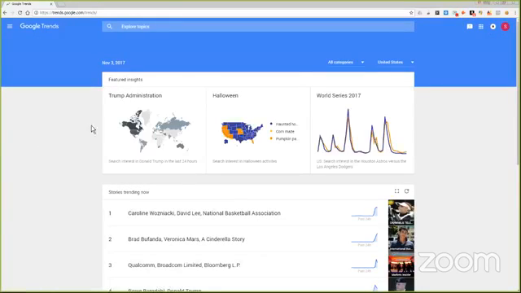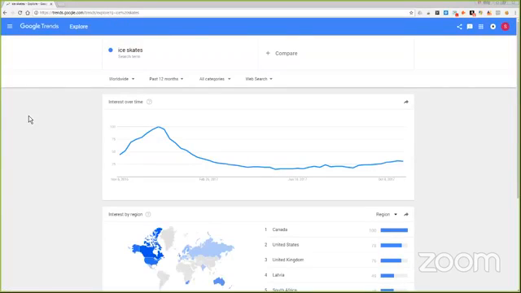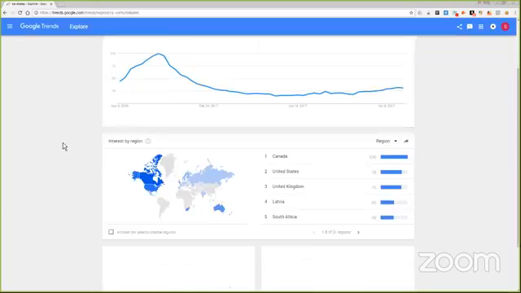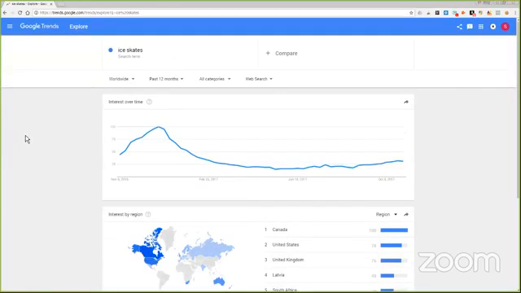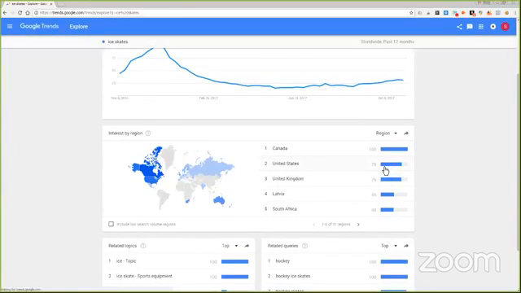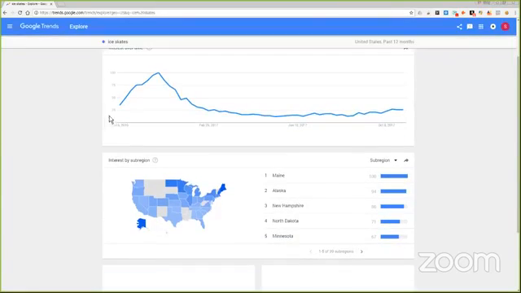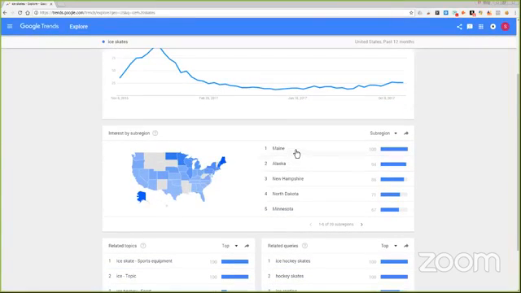Let's say I'm selling ice skates. Where do I want to sell ice skates? We're not going to look worldwide, although I can. We're going to look just in the United States. So I'm going to drill into the United States here. I can see interest over time, and I can also see the top states, and this is based off